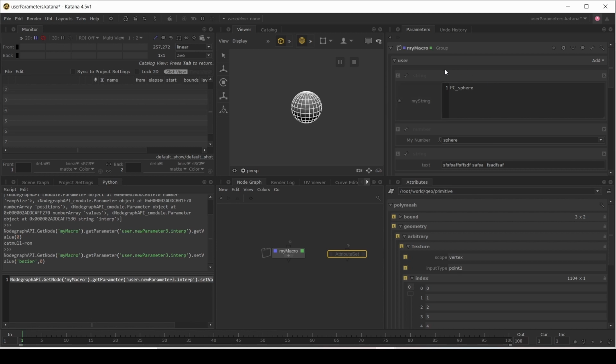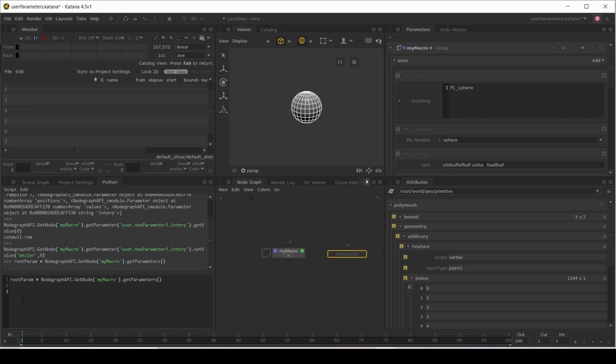Well, again, we're going to use this set hint string, and we're going to do that on the root parameter. So to get the root parameter, we're going to middle mouse click up here and drag it down, and that's going to get the node and then dot get parameters, and that returns the root parameter. I'm going to store that in a variable, and for the root param, we're going to set the hint string,